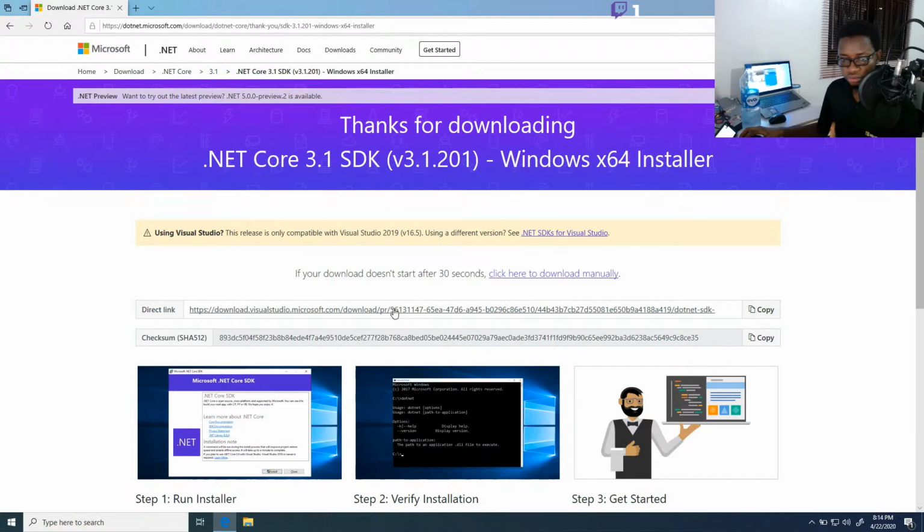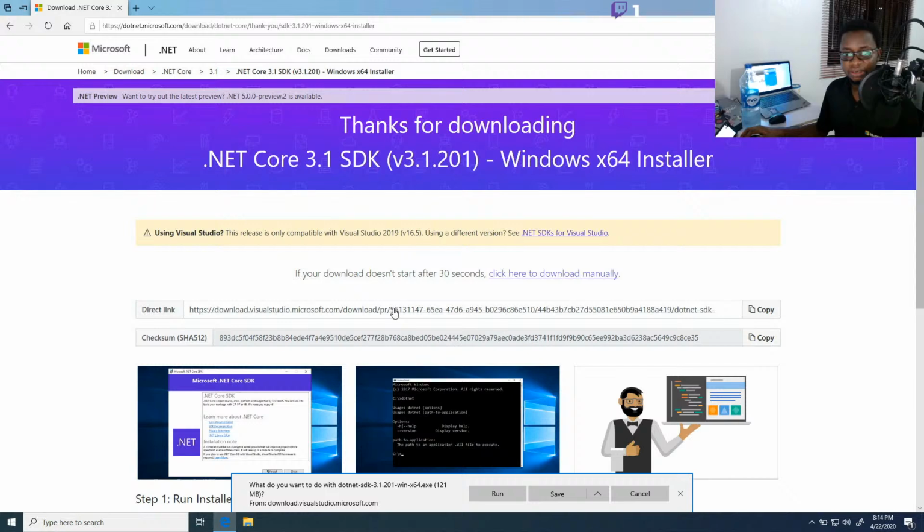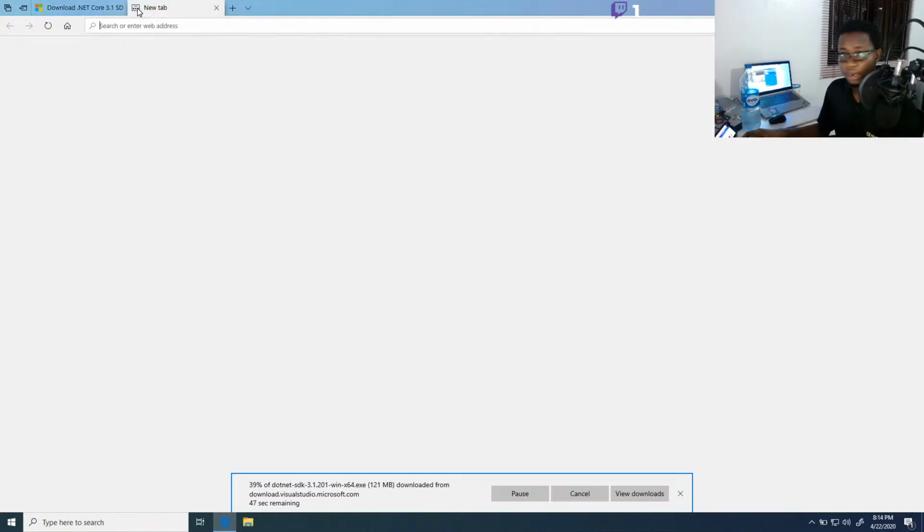While that is downloading, the other thing that we will need is VS Code. I won't be using Visual Studio for the next few weeks. Maybe when we go advanced, we will use Visual Studio. But for this purpose, we will use VS Code, which is the cross-platform version of Visual Studio that's available across Windows, Mac, and Linux. Yeah, there's Visual Studio for Mac if you use a Mac, which is quite awesome. But we'll be using VS Code throughout for this. So what I'll do now is I will go to